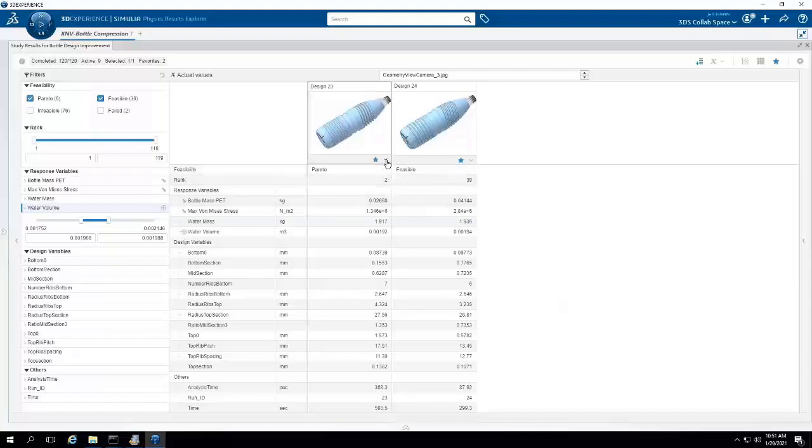And then the last thing you might do from this app is generate alternatives. So this is